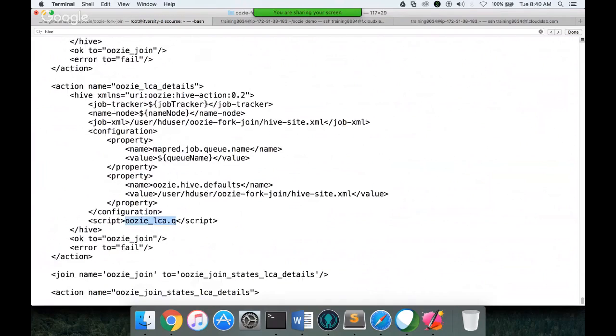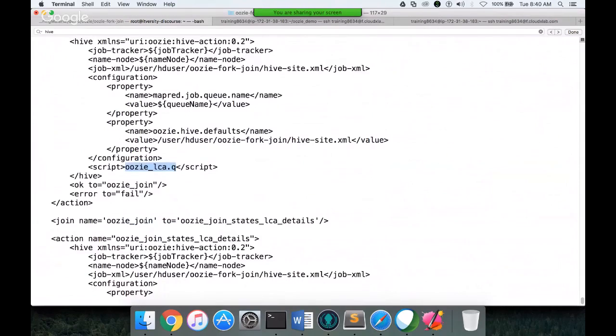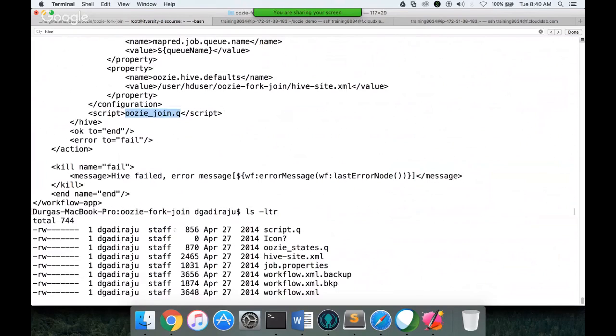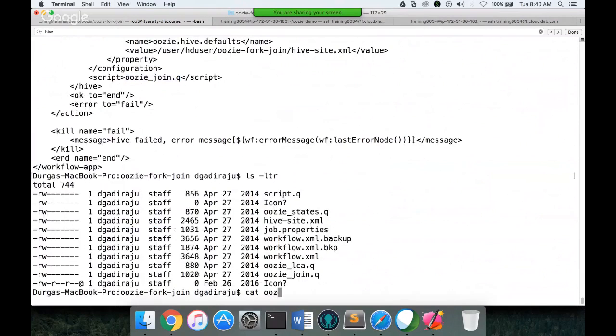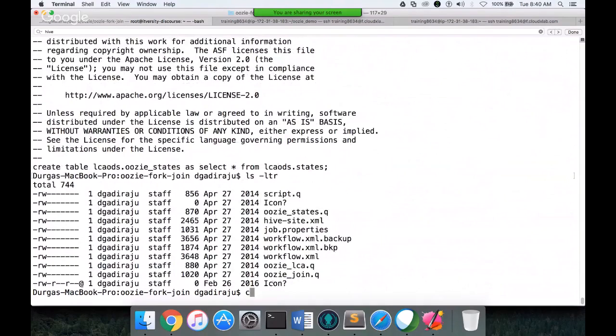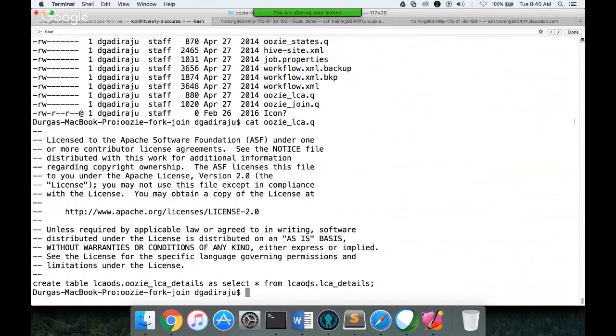As part of the LCA, we are trying to run Uzi LCA.q. And for join, we are running Uzi join.q. And if you go to Uzi states.q, here we are just trying to create a table called Uzi states out of an existing table. And then if we run Uzi underscore LCA.q, here we are actually creating another table out of the existing table LCA